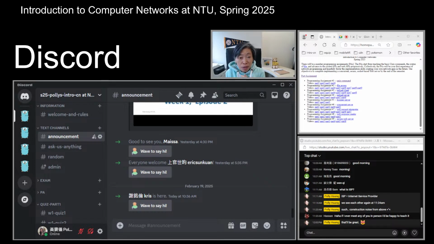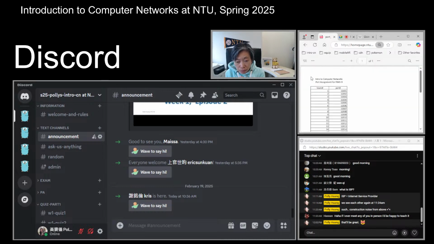What Polly would do is maybe check the different directories in your account and see how far you go. As soon as I check and find that the assignment is already completed, I would assign grades also. All right. So there's a link in the programming assignment page called Port Assignment.